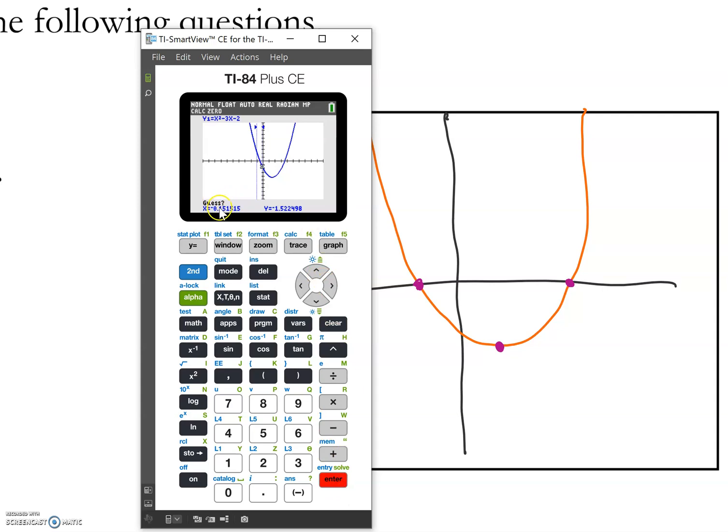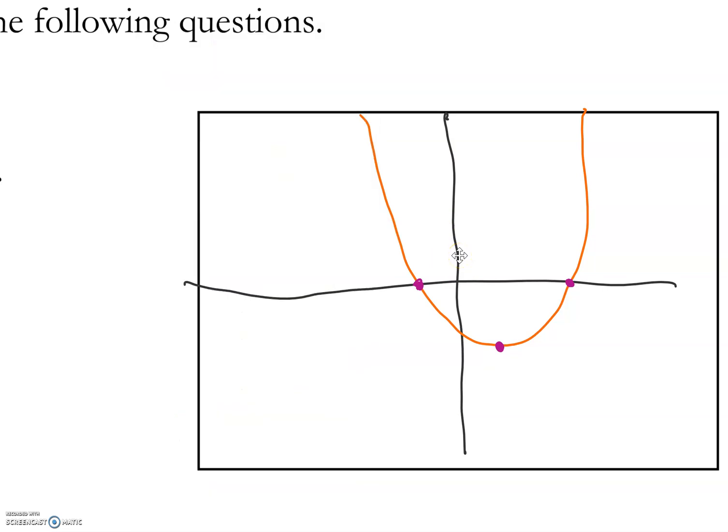Now I see a question that says guess. Before I hit enter here, I notice I have two arrows showing up on my calculator screen. If I trace down in between those two arrows, I do hit the x-intercept that I want. So I'm good to go. I'll hit enter one more time when it says guess, and I see that the zero is at negative 0.56. We'll round this to negative 0.562, comma 0. So I'll go back to my notes and I'll label this x-intercept negative 0.562, comma 0. I need to find this other x-intercept, so I'll go back to my calculator and follow